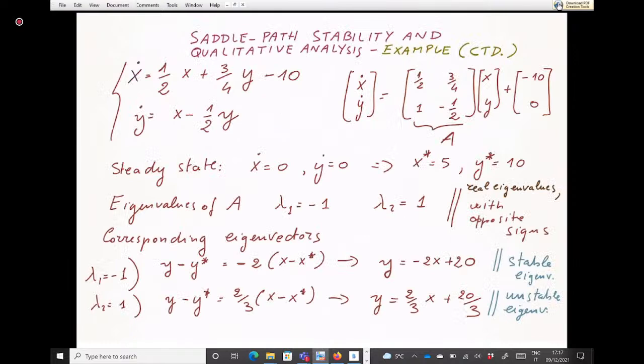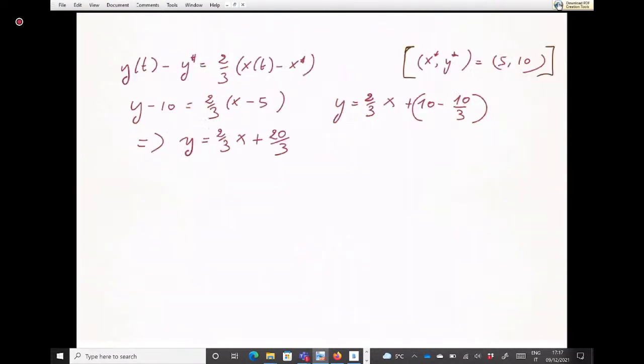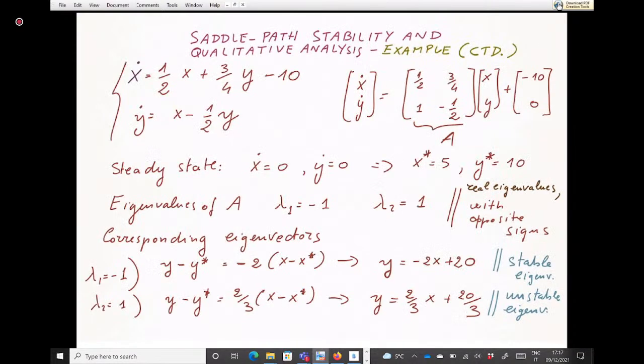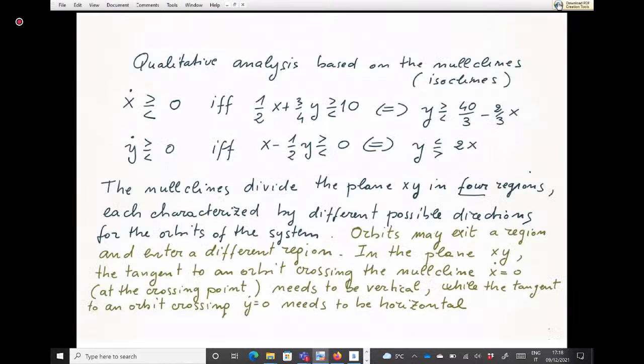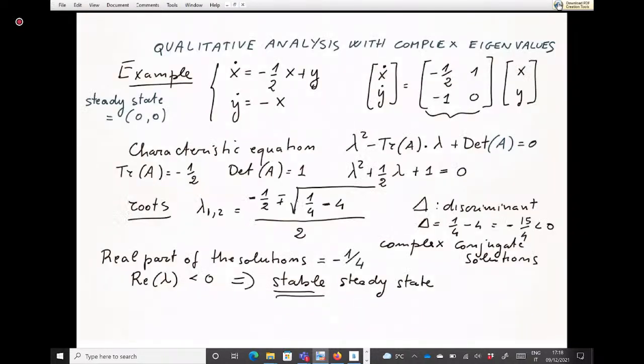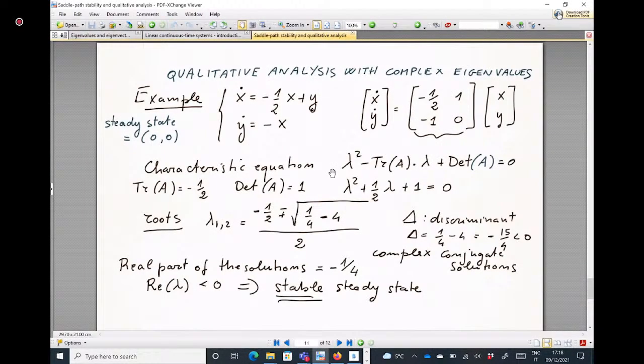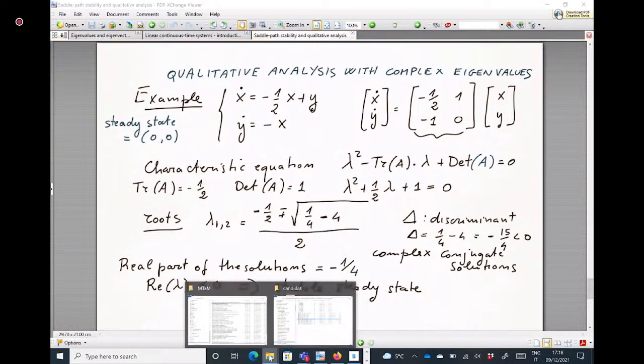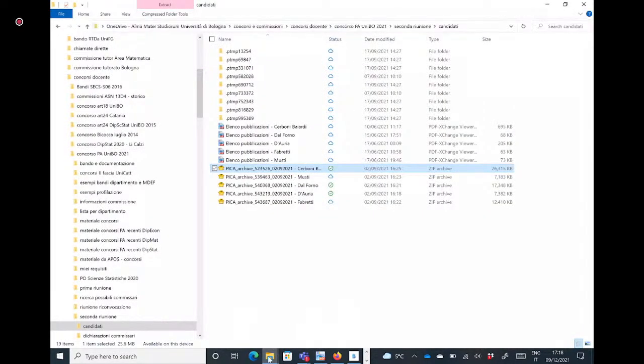Anyway, now there is something about a qualitative analysis, but I would like to stop for a moment. I will show something about this tomorrow before showing you, let's say, summary exercises. I would now try to show you something else, which is an exercise